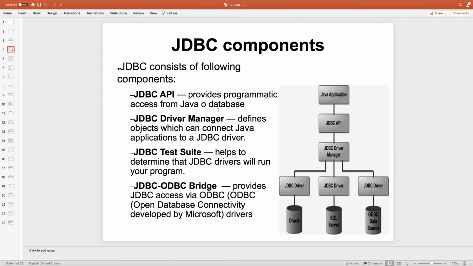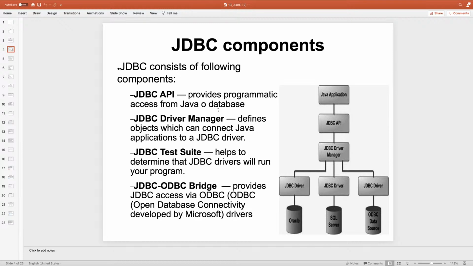Then there's the JDBC driver manager, which basically manages the drivers and defines the objects which can connect our Java application to the corresponding driver. Then there's the so-called test suite, which helps to determine that our Java database connectivity drivers will run our program. And